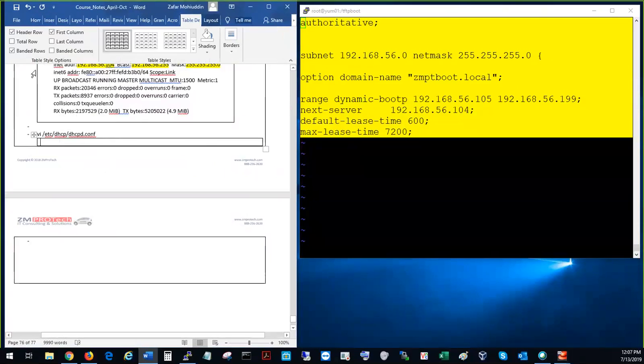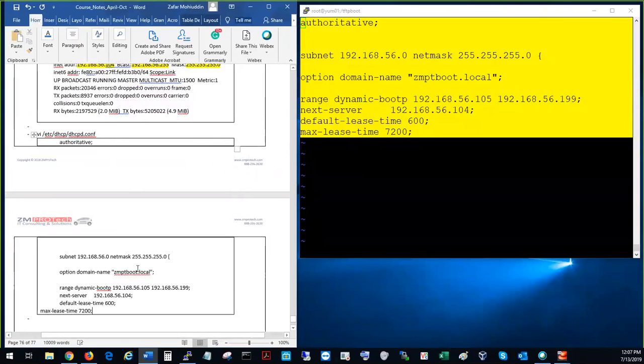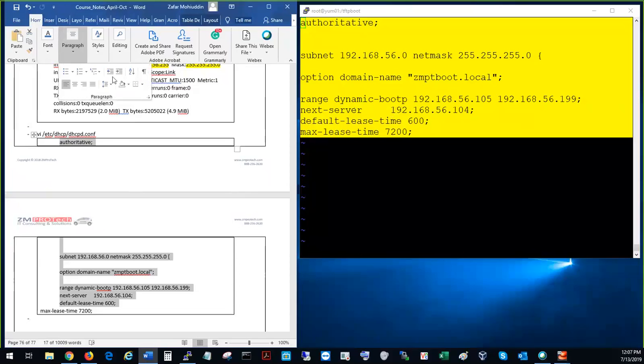So what does this next server mean? The next server is 192.104. So next server is actually when we're going to boot from the host. When we're going to try to boot it from the network, it's going to look for the server, and the next server, the PXE configuration file, will give the location for this server here, because all this is coming from